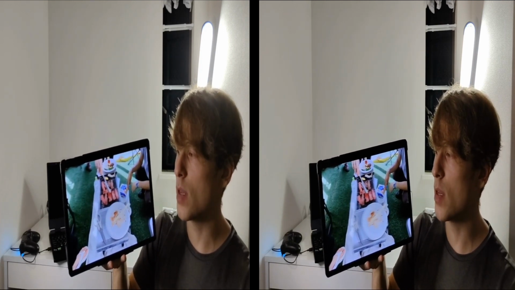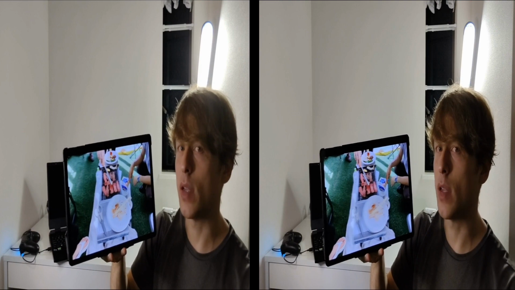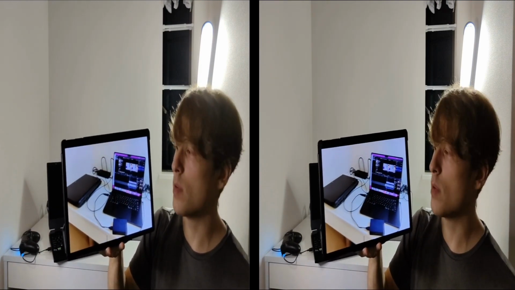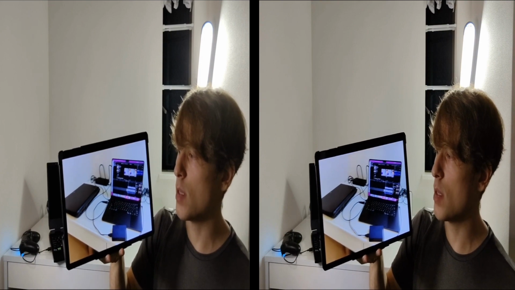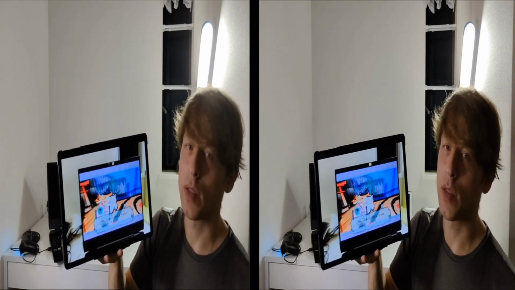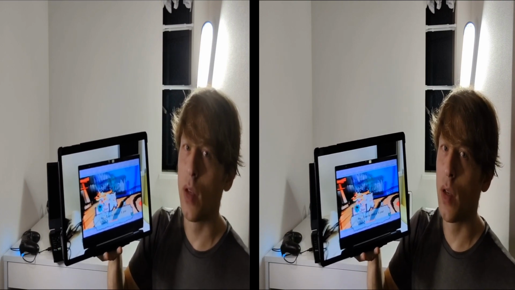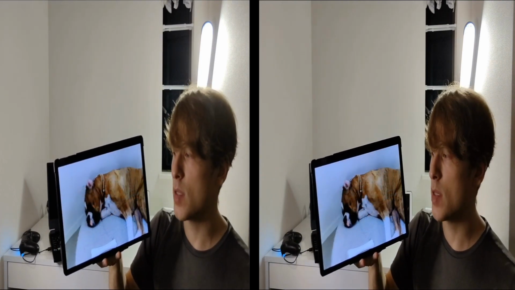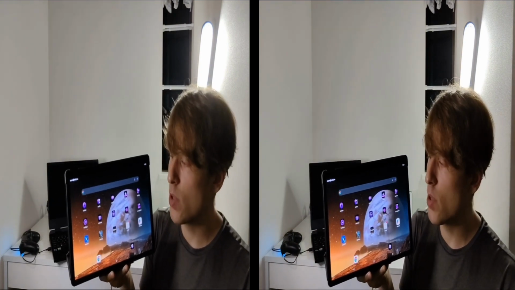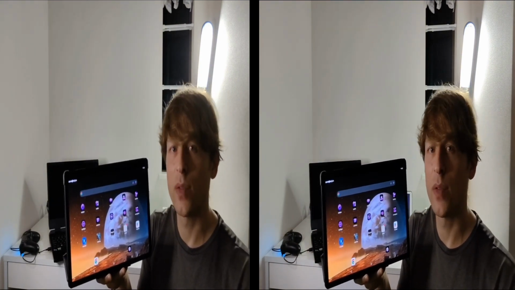I think it's a really cool option to have, and I do like this app. It's not one of the ones I use the most frequently for obvious reasons, but I do think it is a great thing that Leia makes this available, and really awesome that they've put in the time and effort to make it more optimized and smooth and easy to use. And that's pretty much it for today's video. I was just blown away by these updates. I thought I had to share it with all of you.